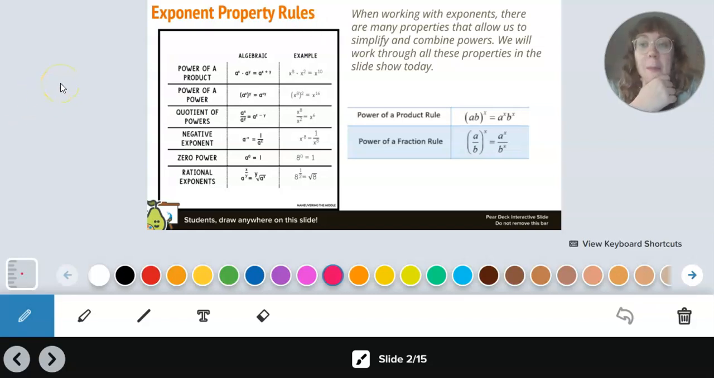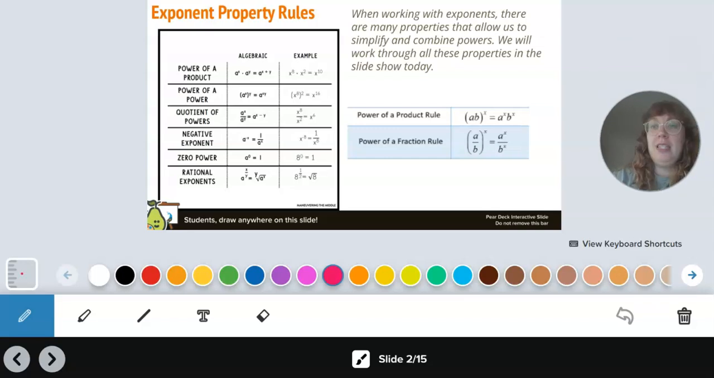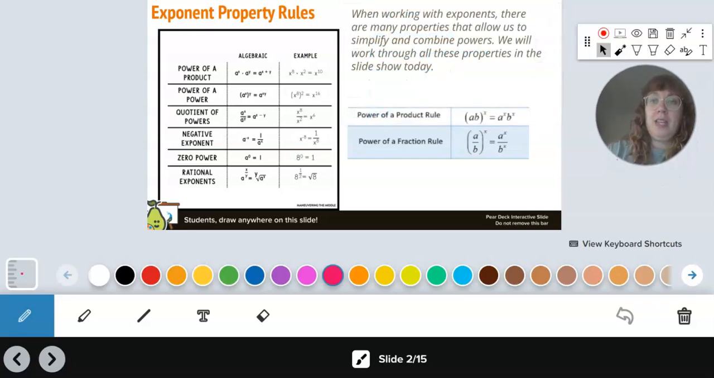And this is just a nice picture that shows all the exponent property rules. We have the algebraic example and then also a literal example going through each of the rules. When you're working with exponents, there are many properties that allow us to simplify and combine powers. So we're going to work through all these properties in the slideshow today. And I will say,